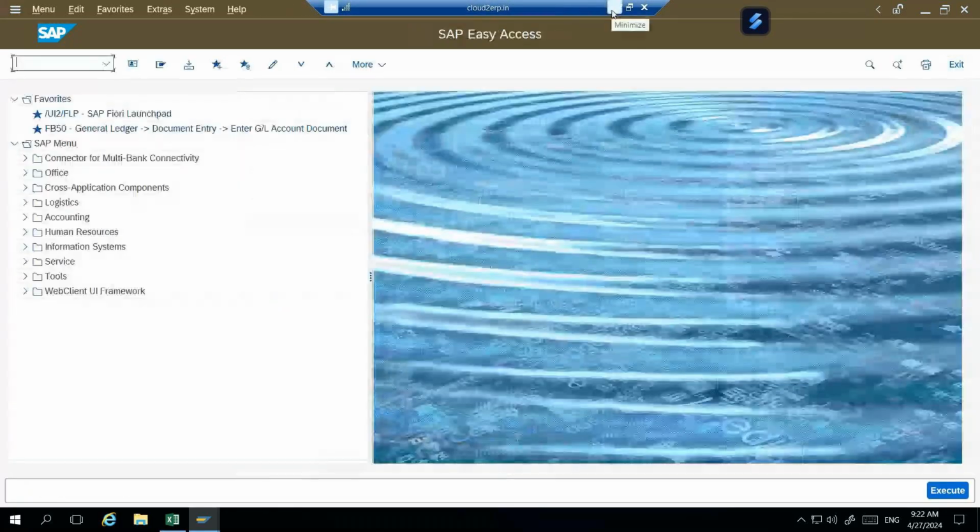And also for HCM, if you are using SuccessFactors, your core data will still come from HCM. So for you to use SuccessFactors, your payroll will still work on HCM. So that is the kind of thing which will happen. So your HCM is still important.